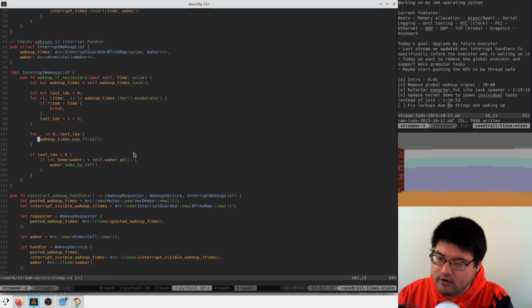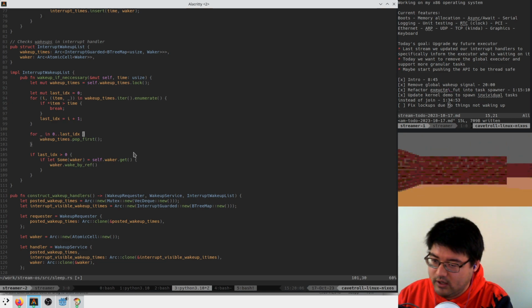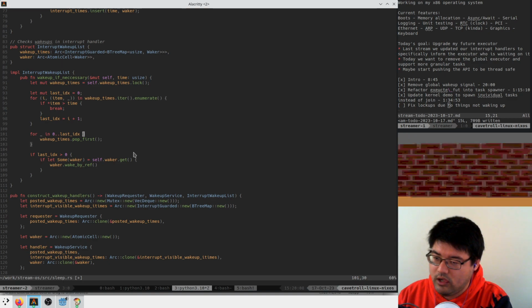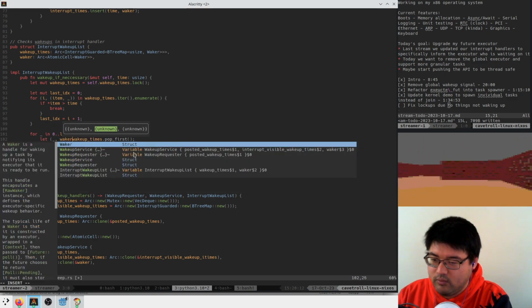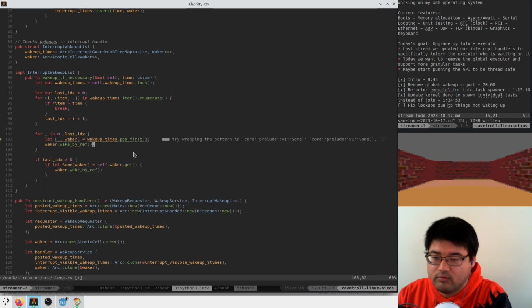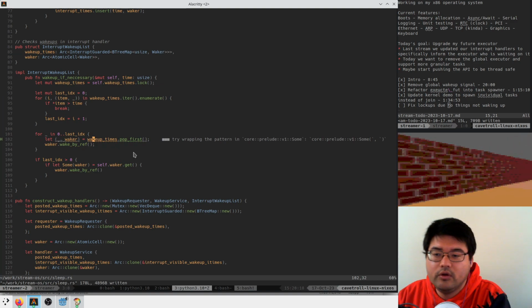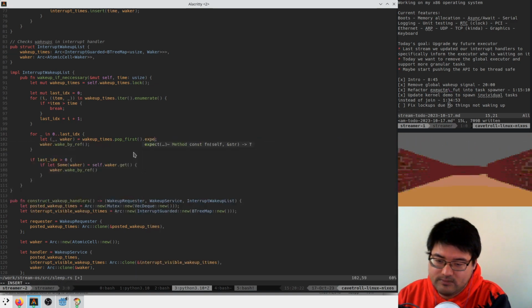So we try to get the first element here. So we say let nothing and the waker is equal to this, and we'll say waker wake by ref. And this is expected